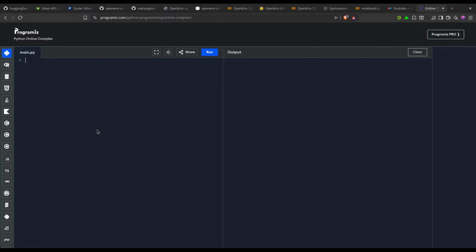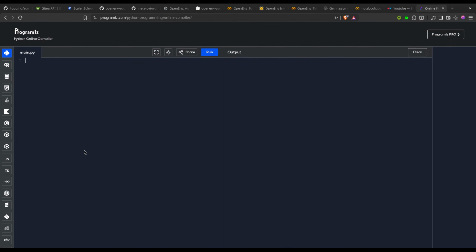Let's say if I define a dictionary like this, a hashmap, okay, is it like this?